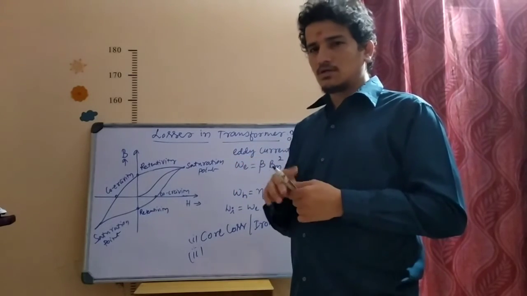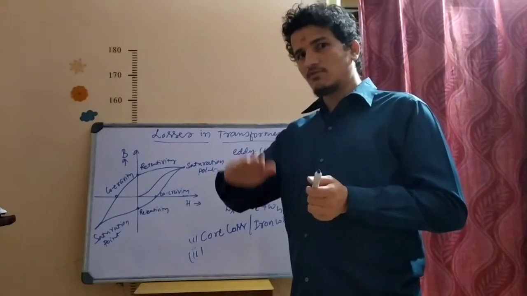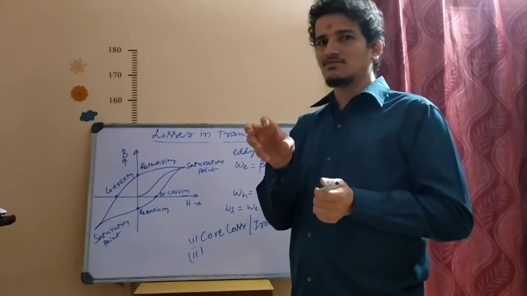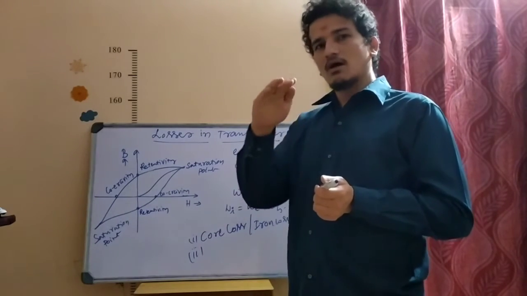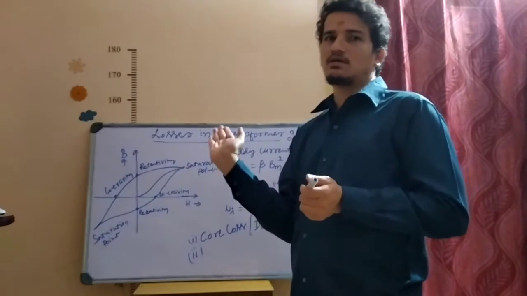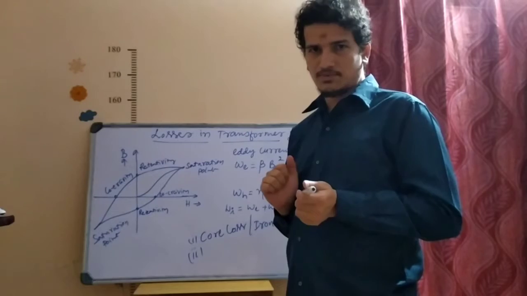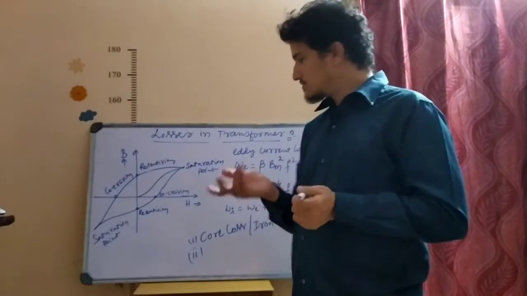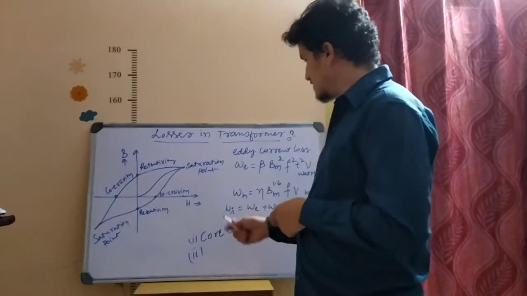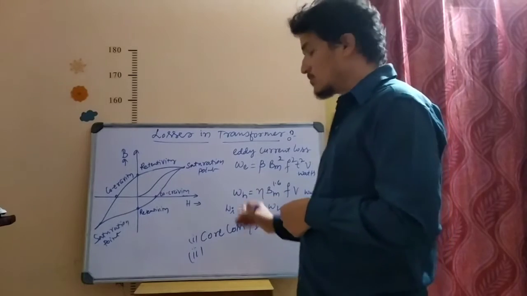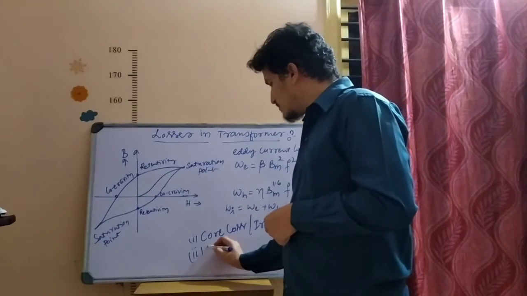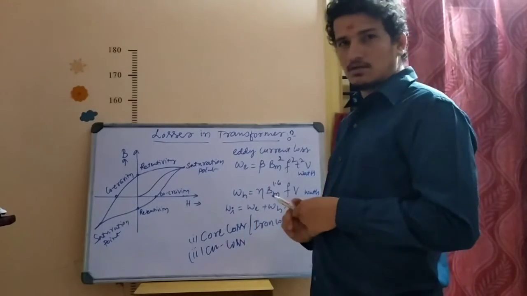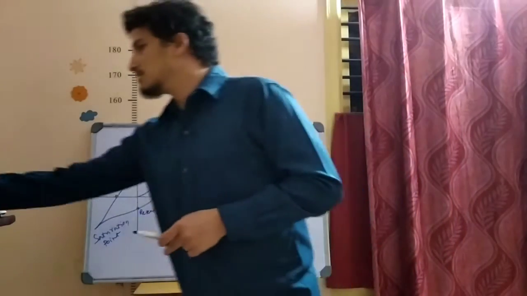What is a transformer? A transformer is a static device which transfers power from one circuit to another circuit. For example, if it is transferring 100 watts of power and the complete 100 watts is transferred to the secondary circuit, then its efficiency is 100%. If it transfers 90 watts, 10 watts is the loss. That is what loss is. There are two types of losses. One is core loss or iron loss. One more is copper loss, Cu loss, I will write it. One after the other we shall learn. What is core loss? First we shall learn.